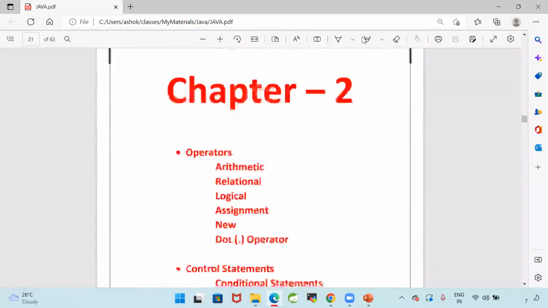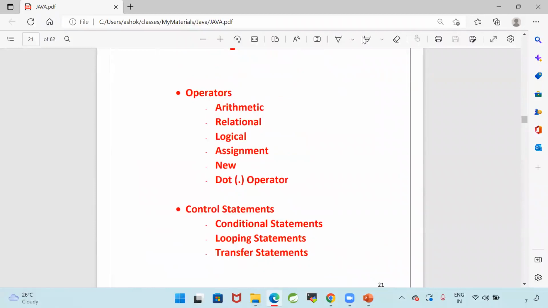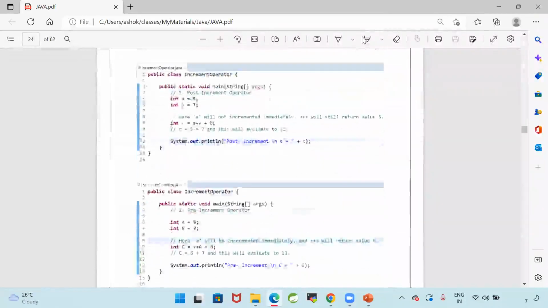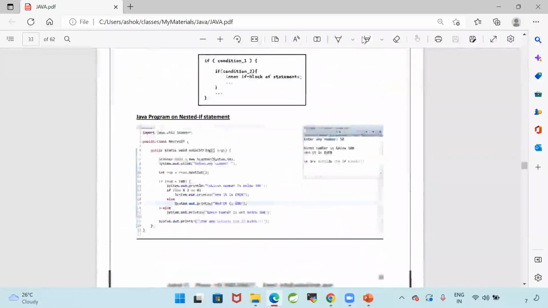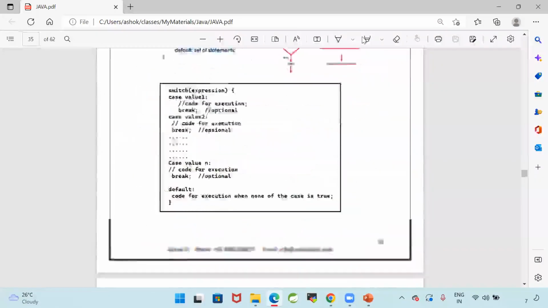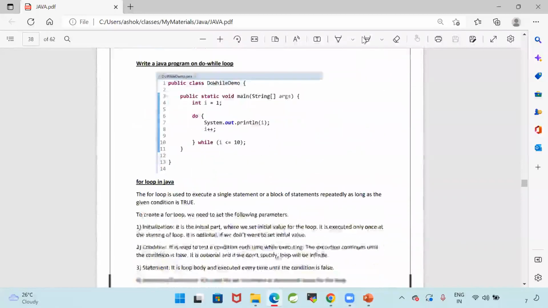Then coming to the second chapter, here we discussed operators as well as control statements. Now, the third chapter that we are going to start from tomorrow is arrays and strings.